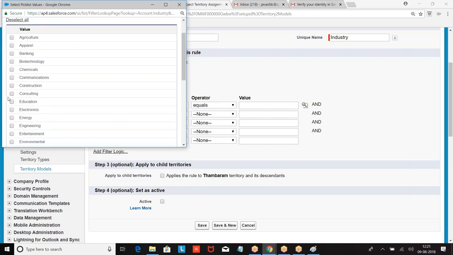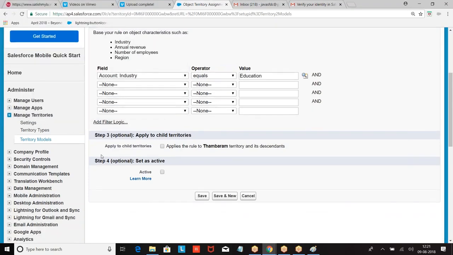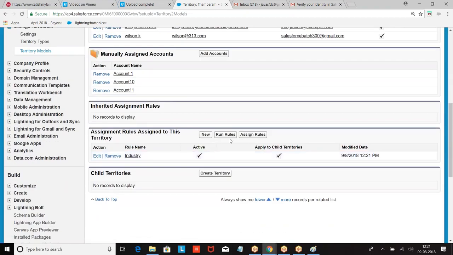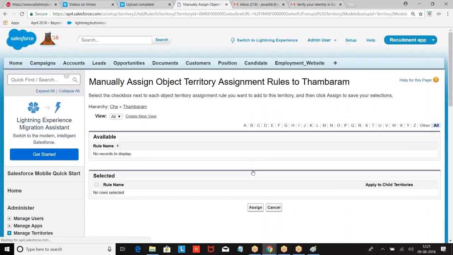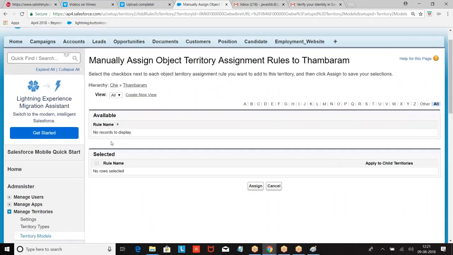Industry equal to education. I gave a rule: get me all the account records whose industry is education. So automatically we are going to get those records. If any records are pending, they will be shown here. I can add them. Okay.